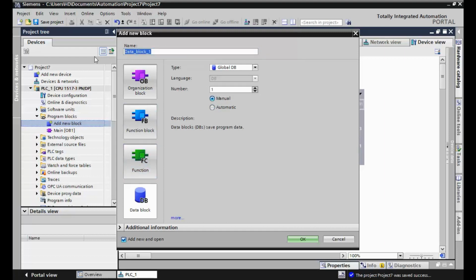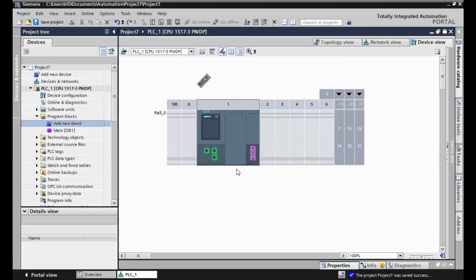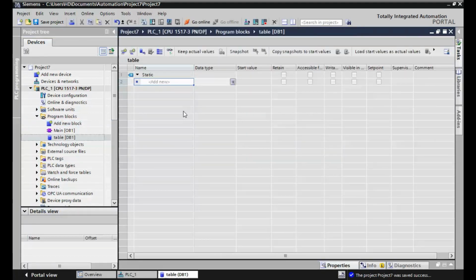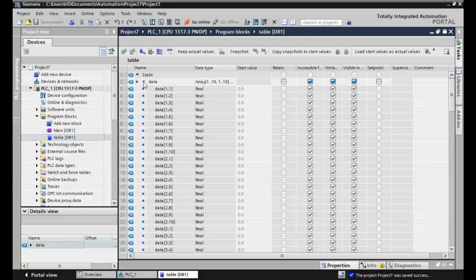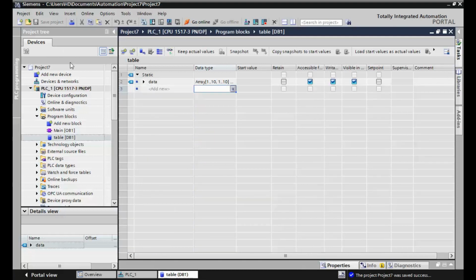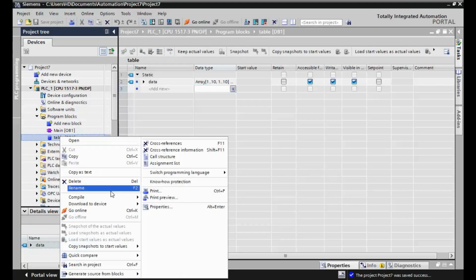The next step is to add a data block with a 2D array. Then compile the DB.